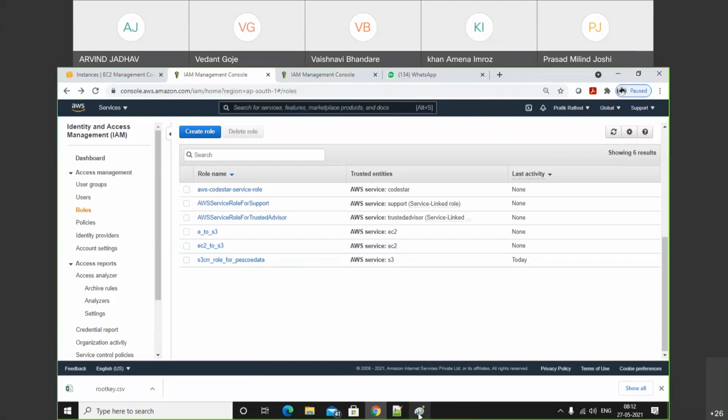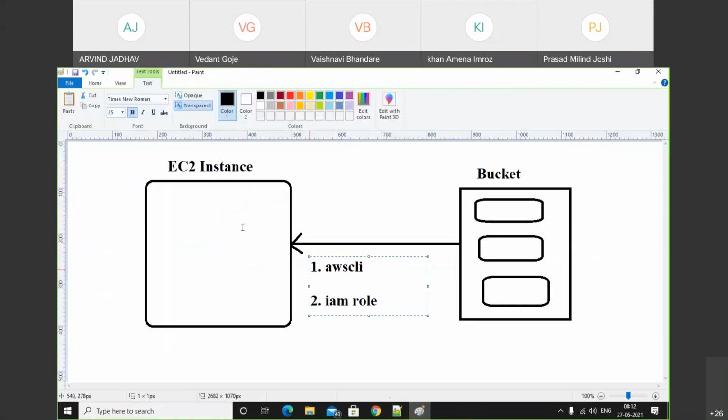See, whenever we access the bucket from EC2 by using AWS CLI, in that section it is mandatory to store the access key and secret. Okay. In that section mandatory क्या था कि access key and secret key आपको कॉपी करना था और वो कीज आपके लोकल सिस्टम पे स्टोर भी हो जाते हैं. अगर ये कीज कॉम्प्रोमाइज हो जाती है तो आपका जो इंस्टेंस है वो हैक होने के चांसेस है. फॉर दैट पर्पस most of the corporate world uses IAM role.